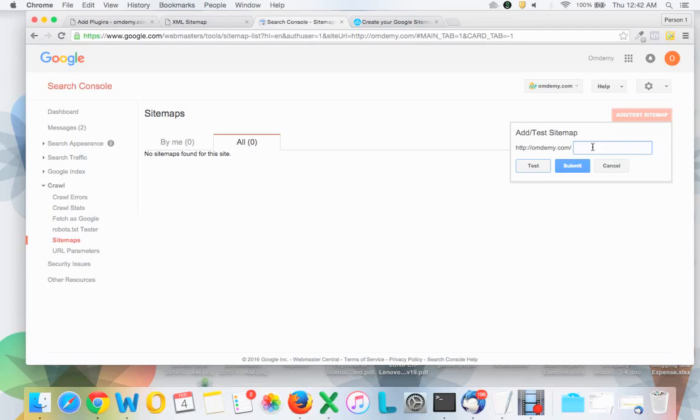So I can just say the same thing again and submit it, so that my sitemap is submitted and it will be indexed, when Google starts crawling your URLs and indexing. So that's how you can submit your sitemap.